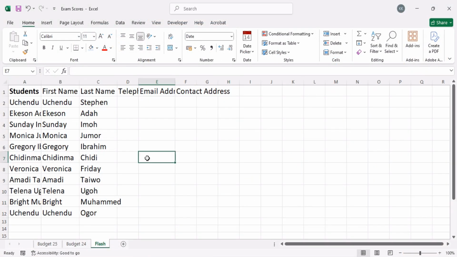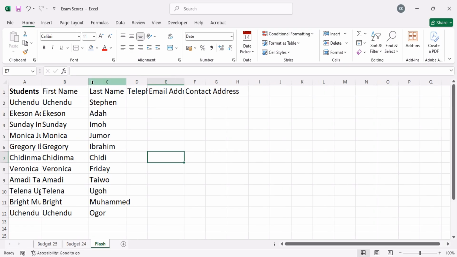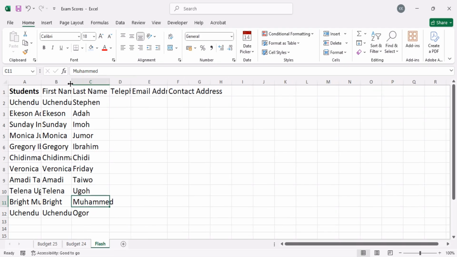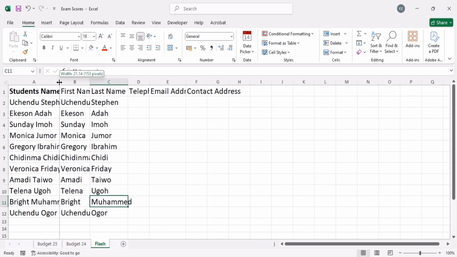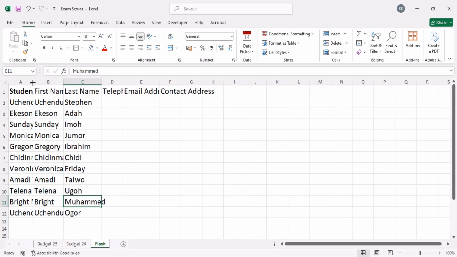Adjusting column width. Column width determines how much data can be displayed horizontally in a cell. You can adjust them this way. 1. Manual adjustment, by dragging. To use this option, hover your mouse pointer over the line separating two column letters, e.g., between A and B, in the column header. The pointer will change to a double-headed arrow. Click and drag the line to the left to reduce the column width, or to the right to expand the